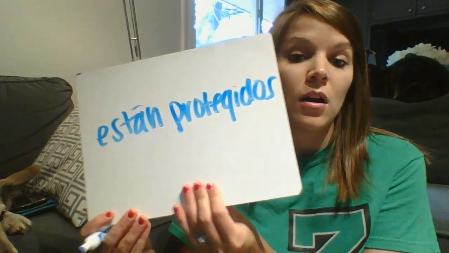And then the last 2 forms we have are it is protected and I hope that you protect, for example. So let's do it is protected. Let's say the animals are protected. The animals are los animales. So I have 2 words. I have to have my form of estar. And then I'm going to make sure I use ado-ido form for protected. I'm going to have to match, and it's los. Okay, so the 2 words that I end up with are están